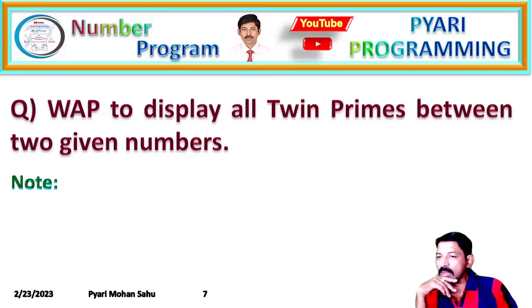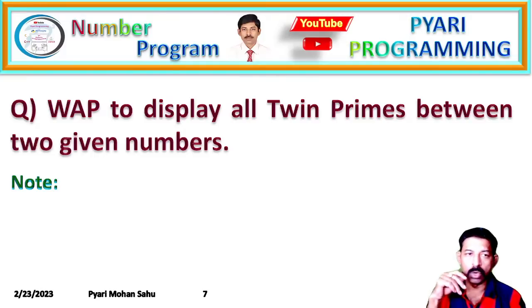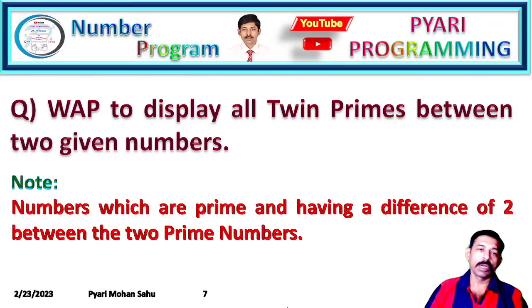The prime numbers having difference of 2. Good. The prime numbers whose difference is 2 is called